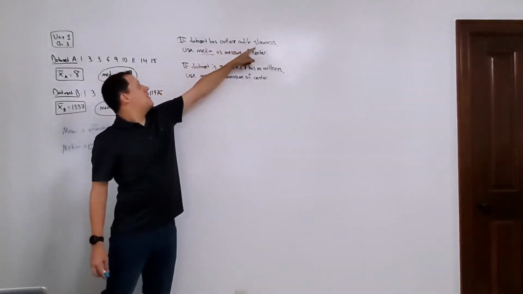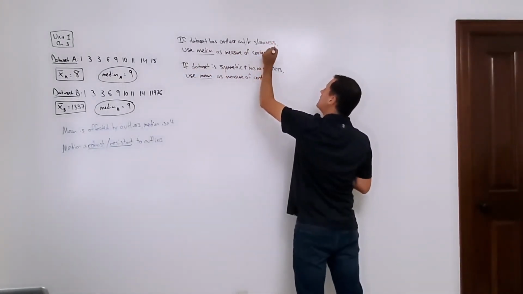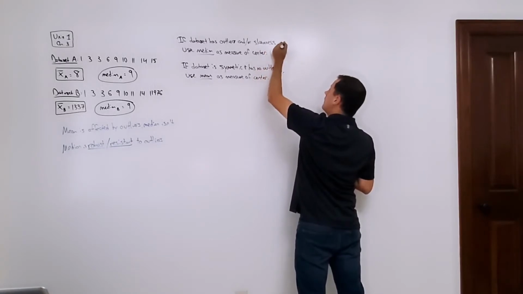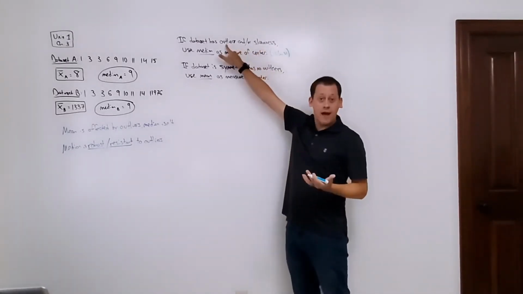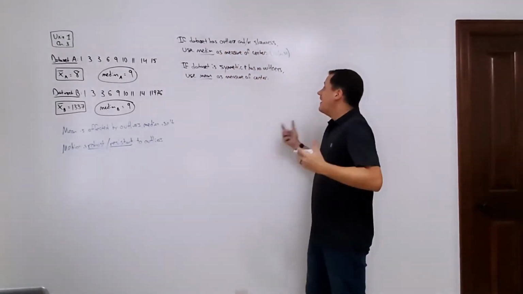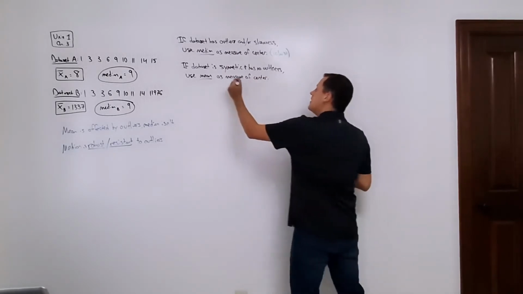If your data set has outliers and or skewness, we want to use the median as a measure of center because it's robust. It's not going to be pulled towards the direction of the skew or the outliers. If the data set's symmetric and has no outliers, we want to use the mean because it uses